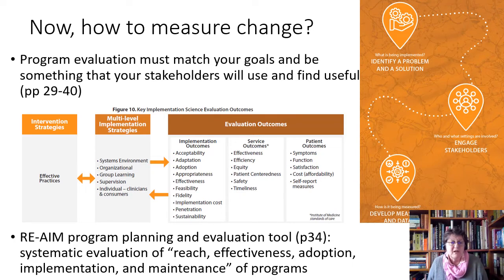That will take you through evaluation outcomes. You can see that this is figure 10. And it does also talk in there about one of the most common things you'll see in terms of implementation science and the evaluation of any program: what is the reach? What is the effectiveness? How widely has it been adopted? How well was it implemented? Has it actually been maintained? Once we all back off and stop doing this, do people actually do this themselves? And ultimately, what we want is something that is self-maintaining.